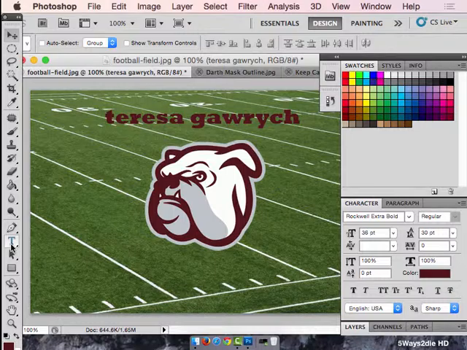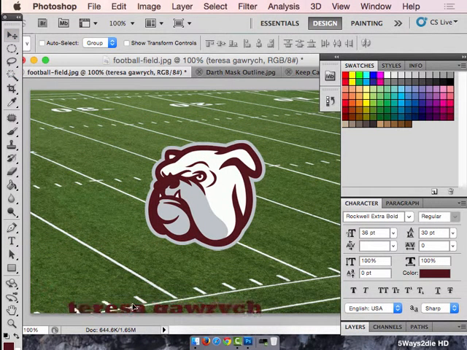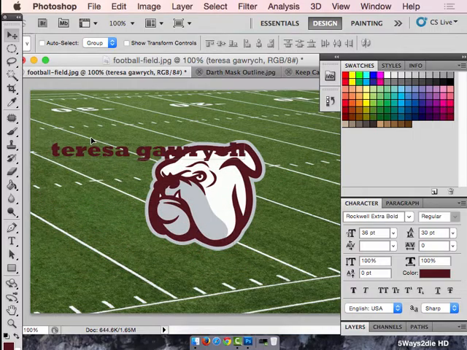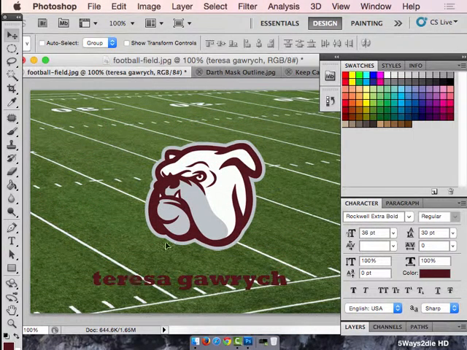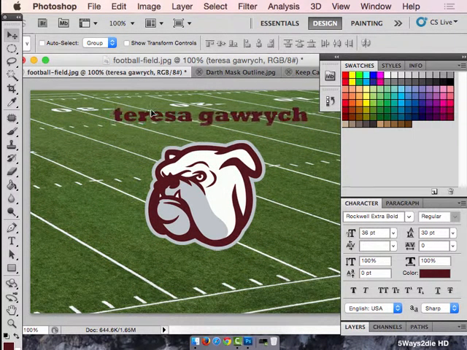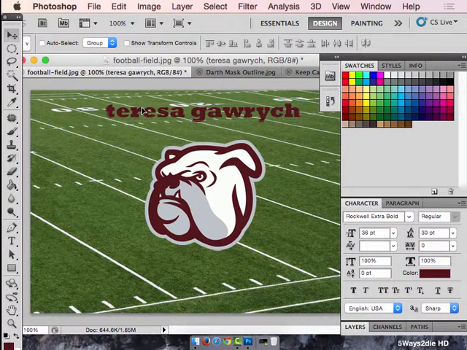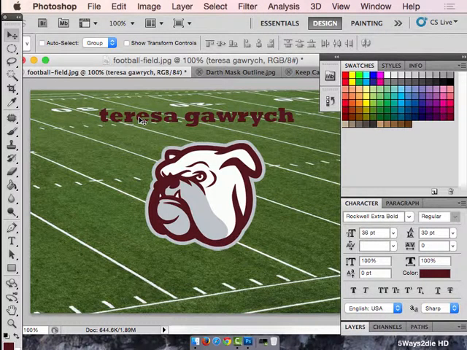Now, if I wanted to move this text around in this image, instead of putting it above bully, I wanted to put it below bully, how would I do that? I would use that move arrow. I'd have that black arrow up top, and then I can click and move the text wherever I want it to go. So remember, if you want to move anything in Photoshop, you have to have that move arrow. Okay? So now we are going to add some effects to this, because